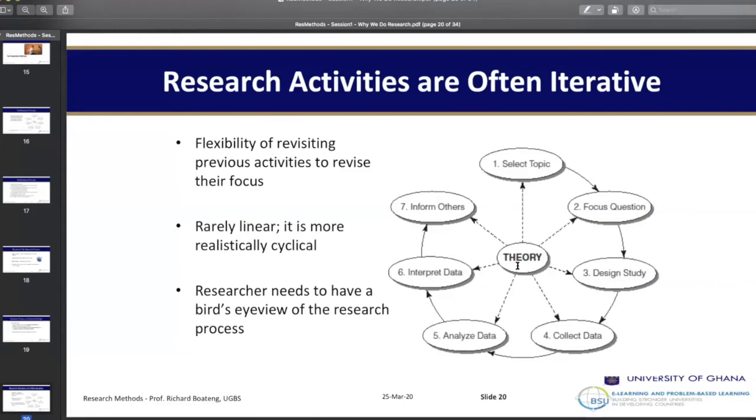But it means that the Central Region has different types of tourist centers. So you may have to change your questions a little bit and change your focus a little bit and talk about some of the things that are relevant in the Central Region. So it can change the study.